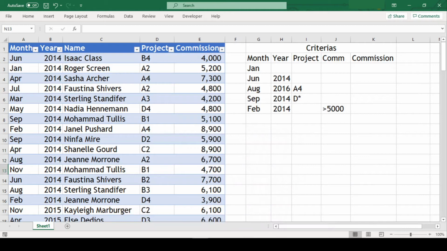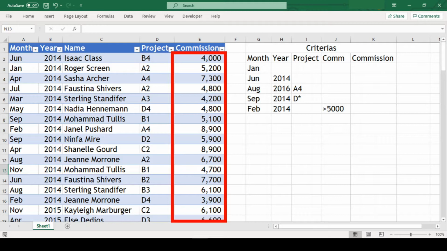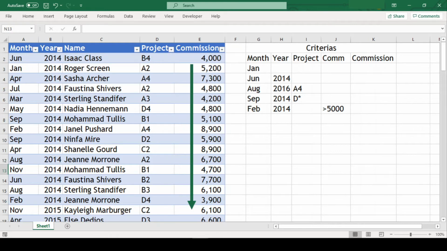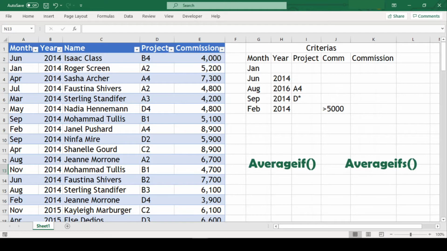Have you ever encountered a situation where you need to provide the average of a particular column but depending upon one or more criteria? In case you need to get the average of a column but with an exception and/or multiple exceptions, which generally is a real life situation, Excel's AVERAGEIFS function comes to the rescue. Today in this video, we will see how we can use AVERAGEIF and AVERAGEIFS functions in Microsoft Excel with the help of some examples. So stay tuned.